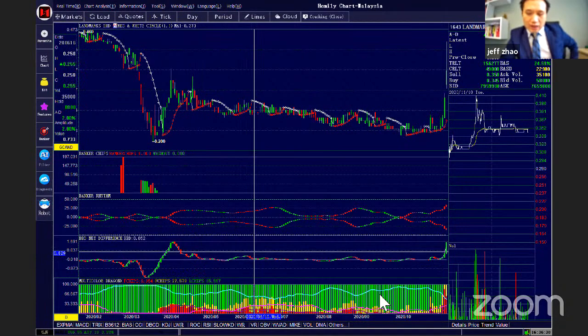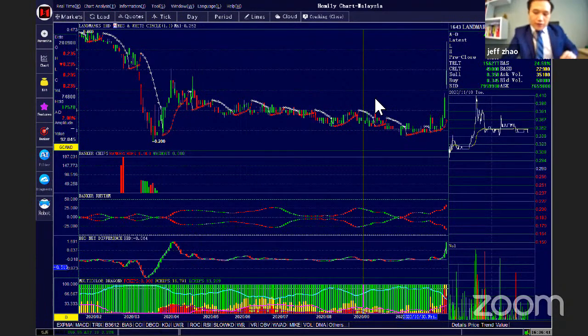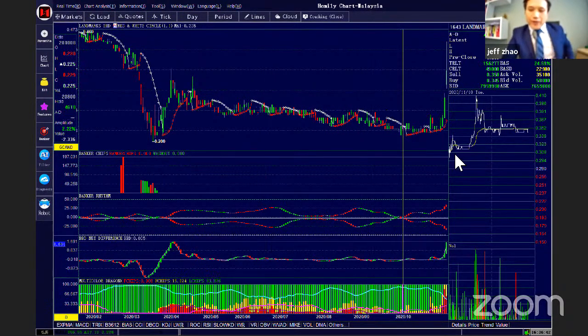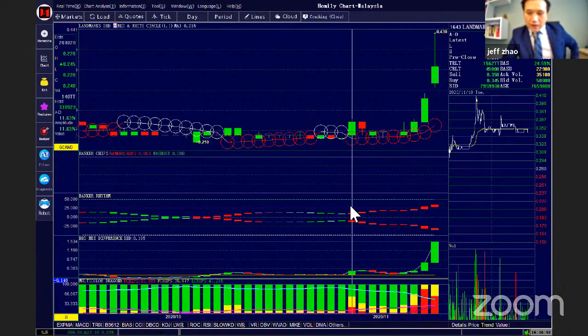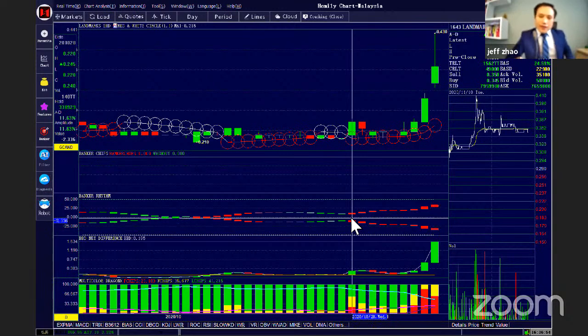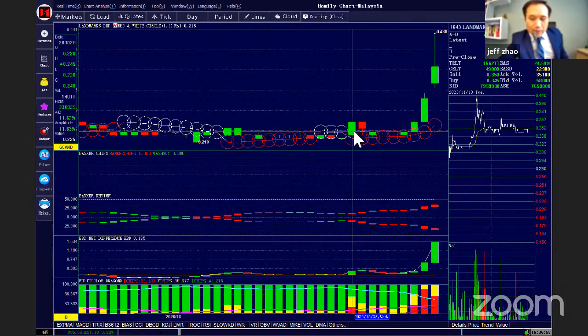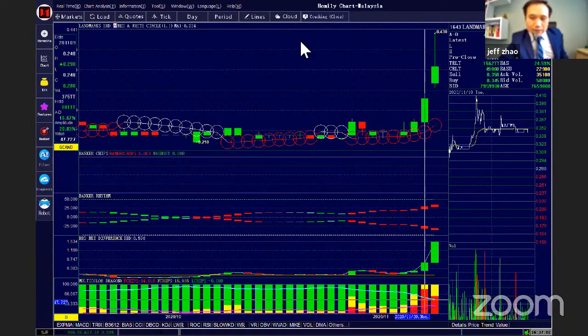But there's no banker increasing, right? So the price keeps sideways. But in the current days, you can see banker increase. Also, big money increase. The column tends to right, and there's a red circle giving us the buy point. And now you can see the banker increase a lot.